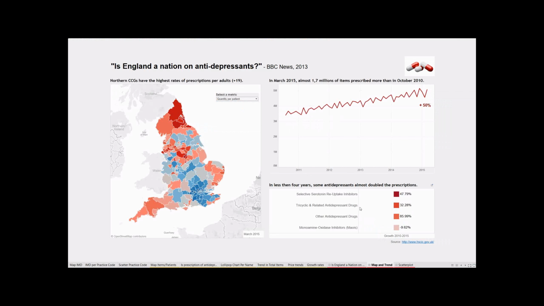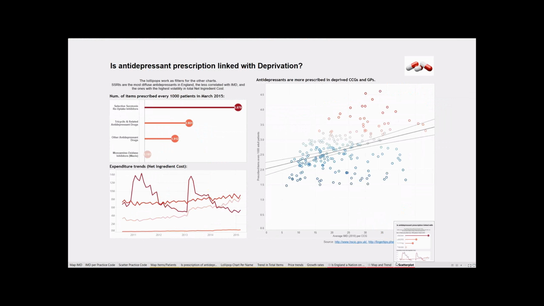So I tried to go a little bit more in depth and understand if there are some drivers behind this trend. I created this second dashboard in which I tried to understand if some economic factors were behind this trend. In particular, the expenditure, so the price, the net ingredient cost of these drugs, and the index of deprivation. So I wanted to see if there was a correlation between deprivation in an area and the number